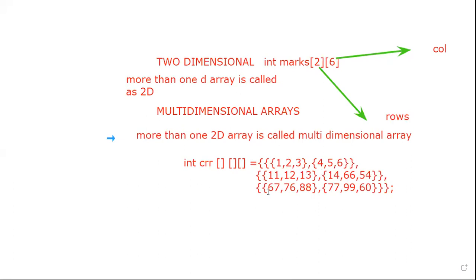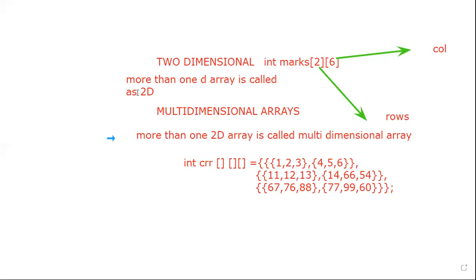And the third department's are 67, 76, 88, 77, 99, 60. These are the 6 subject marks. This is how one type of representation of displaying marks in the form of a multi-dimensional array. Okay, so this is enough for you for the concept of arrays.